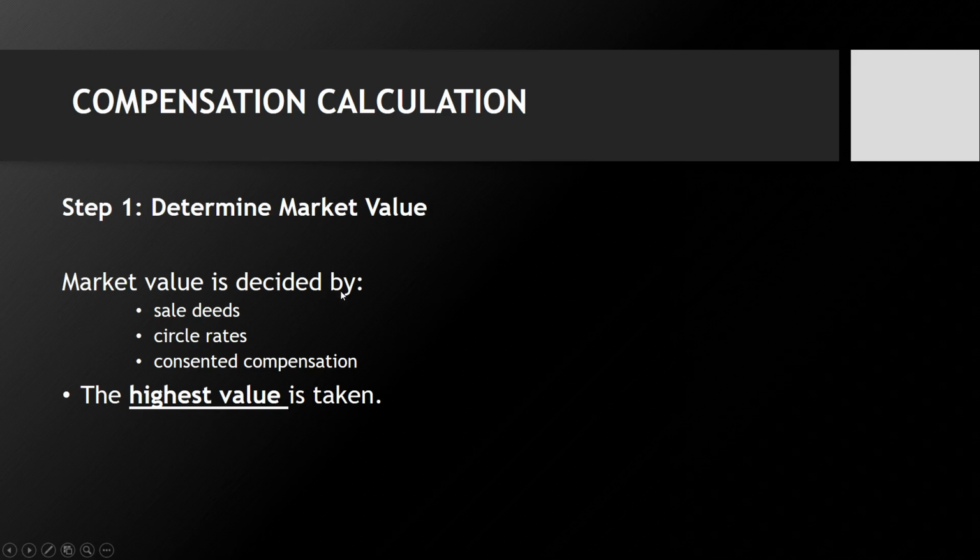Market value is decided by sale deeds, circle rates, and consent expected compensation. So we will ask the affected families what compensation they need, because here the provisions say that the affected family may negotiate what compensation they will get, and the highest value is taken. So what we will do, we will try to figure out the market value by looking at sale deeds, by looking at circle rates, by asking people, and the highest value is taken. The act is very clear,